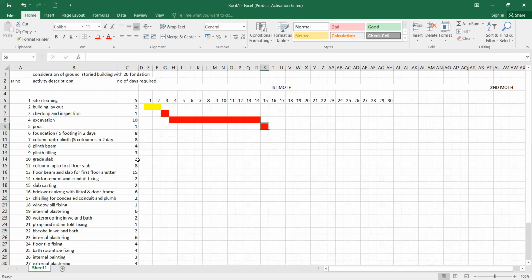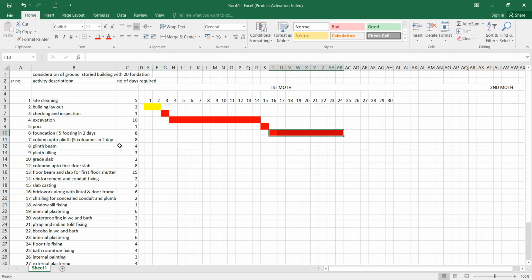Then foundation. As I said already, there are 20 foundations. You will not make 20 foundation shuttering sets. Let us assume you make 5 sets. For making 5 concretings, you require 2 days. That is, today morning you start, fix it up, and tomorrow you concrete it. Then the very next day you remove it and fix it. Then on the fourth day you will be doing it. So you will have 8 days after that. So 16th to 24th, you make it out. So you have the foundation.